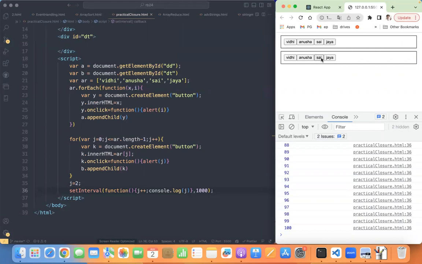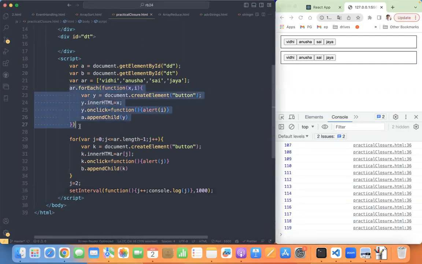So it is not bound. That J value is not bound to this function. The J value is there in the global scope, so it is accessing the global scope. The global scope variable value has changed to 95. Whatever it may be, that value will be printed. But with forEach,